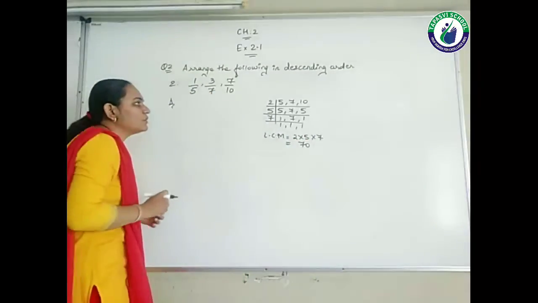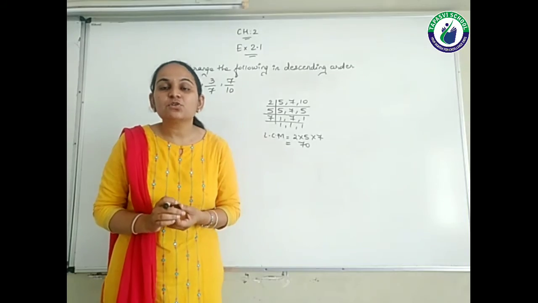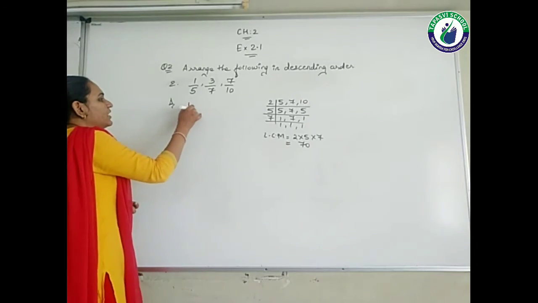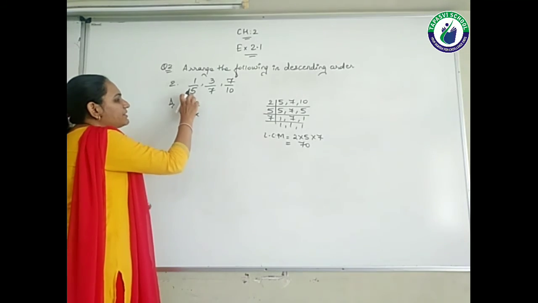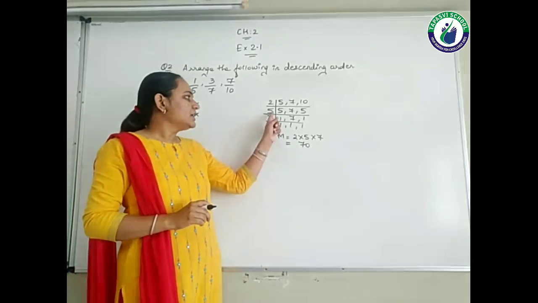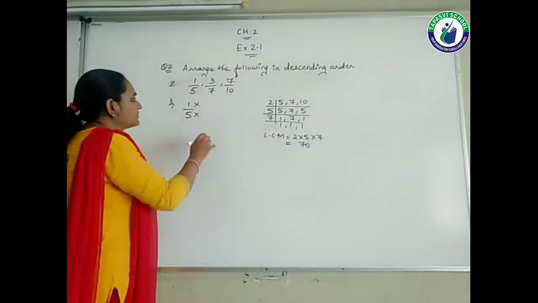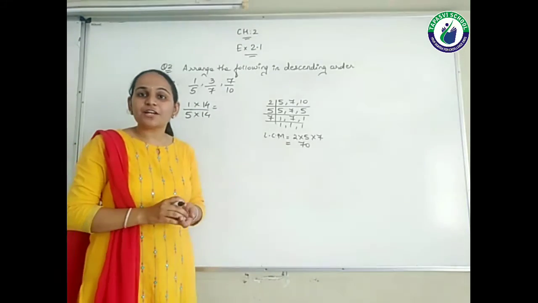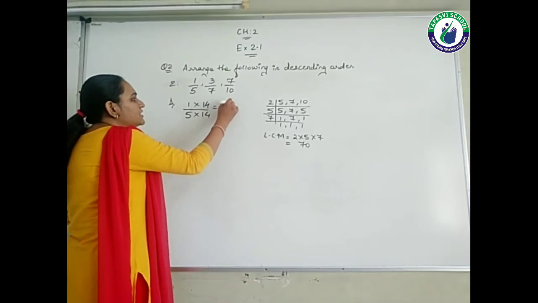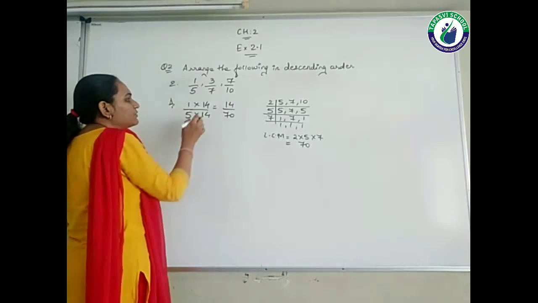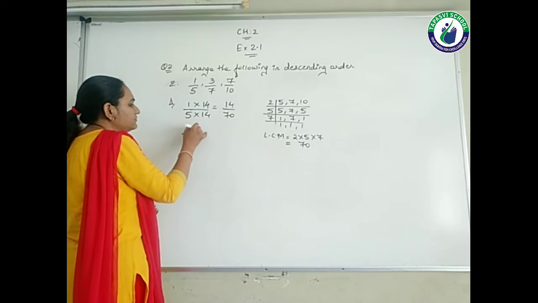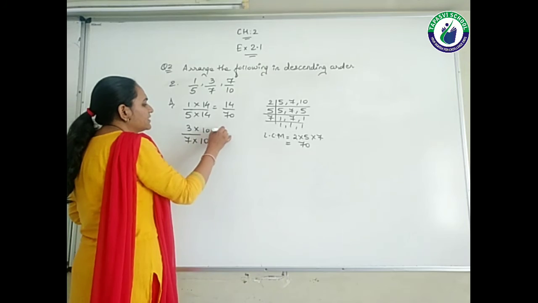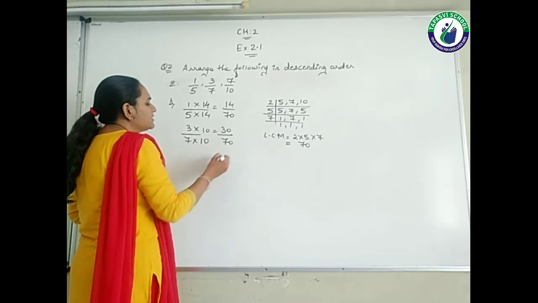So I want to make all the denominators as 70. So how can I make all the denominators 70? So let's say here, 1 upon 5 into, okay, which number do I multiply with 5 to get 70? Okay, 2 7s are 14. The same I need to multiply the numerator also, equivalent fraction concept, students. So 1 14s are 14 and 5 14s are 70. Now 3 upon 7 is there. So 7, which number do I multiply 7 by to get 70, that is 10. So 3 10s are 30 and 7 10s are 70.